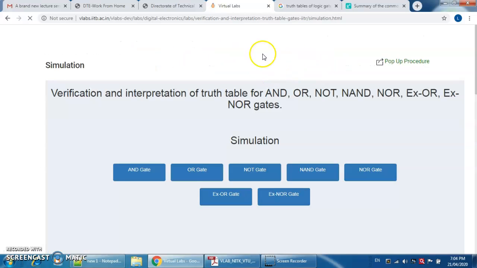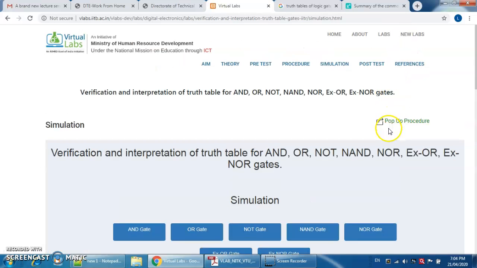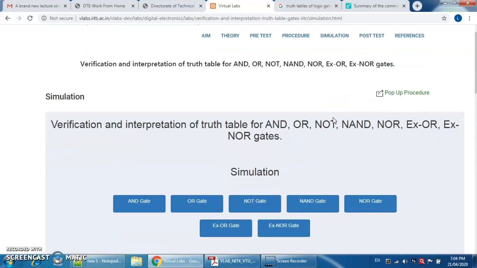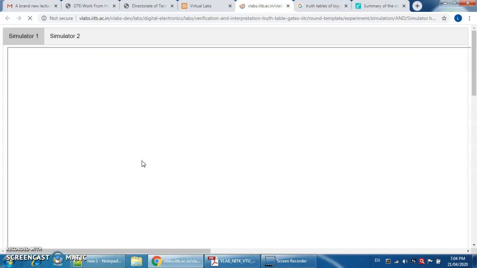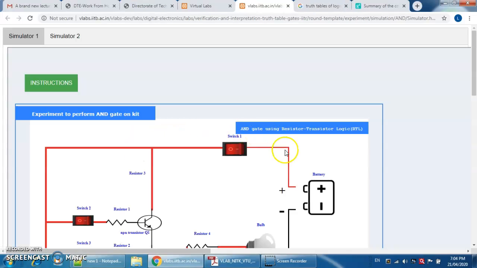Before the simulation, we can read the instructions here. This is the procedure for how to connect these gates and perform the simulation to get the output of all the gates. First of all, we will see them one by one. This is the AND gate.